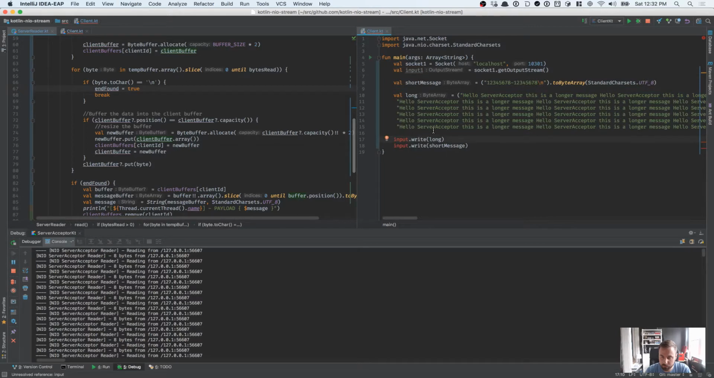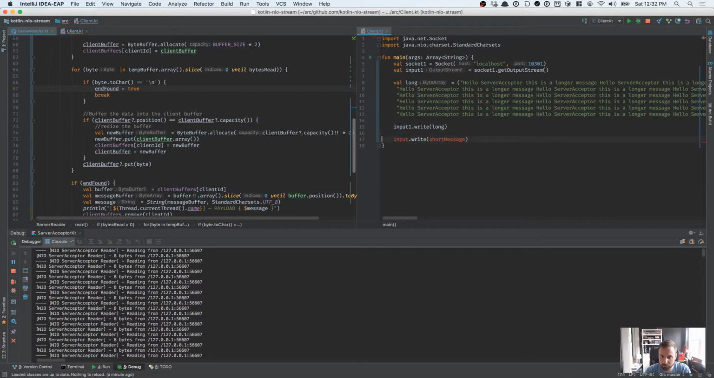So input 1 is going to write long, and then we're going to do socket 2 equals socket localhost 10.301. val input 2 equals socket 2 dot get output stream. Input 2 is going to write the short message. Okay, so we're going to do 2 messages right away, and this isn't necessarily the best test